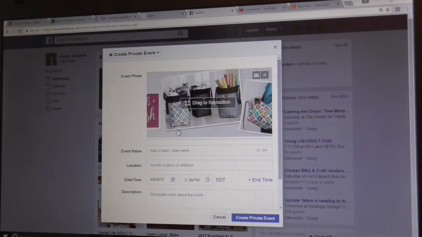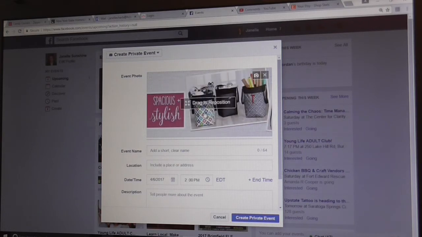You can change this to however you want it. I'm gonna click and drag, move this to where I want it. So that looks good right there. There's lots of different headers. If you're really creative, you can create your own header with different 31 graphics and things like that. But this is just one that I believe was on TOT, and I just uploaded it and